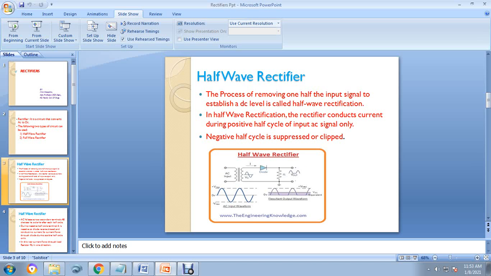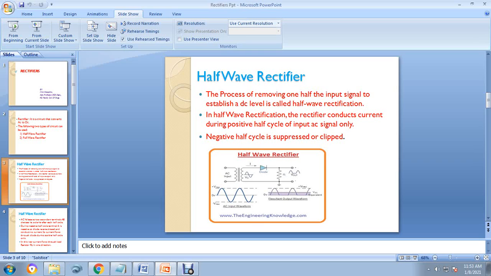Half wave rectifier: just see the circuit diagram over here. I am using one transformer, one diode, and one load resistor. I am taking the analog input voltage. AC input will be given to the primary of the transformer, the output of which will be given to the secondary of the transformer through the core. The sinusoidal AC voltage would be applied to the primary of the transformer.